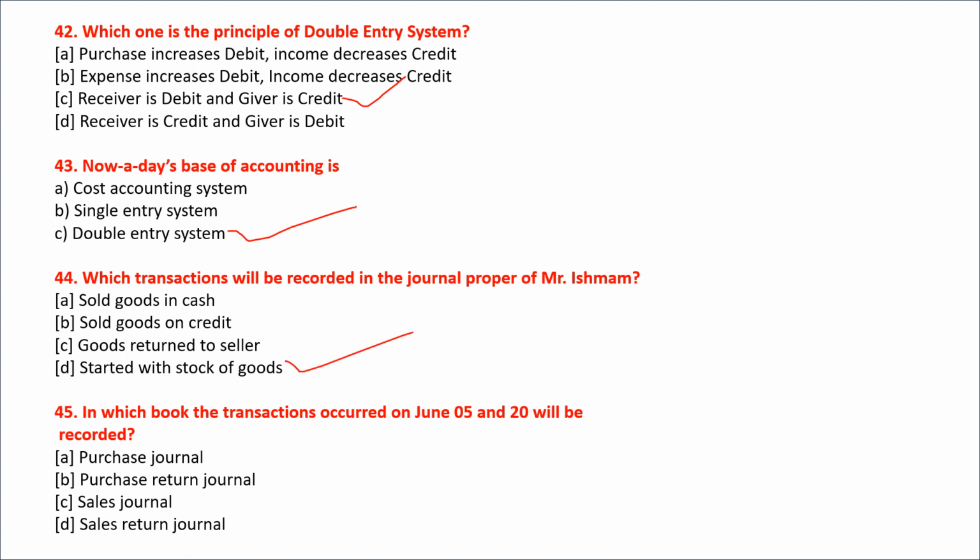Okay, अगला क्वेश्चन है, in which book the transactions occurred on June 5 and 20 will be recorded? ऑप्शन है, purchase journal, purchase written journal, sales written journal. So इसका सही आंसर होगा ऑप्शन सी, sales journal. Okay,